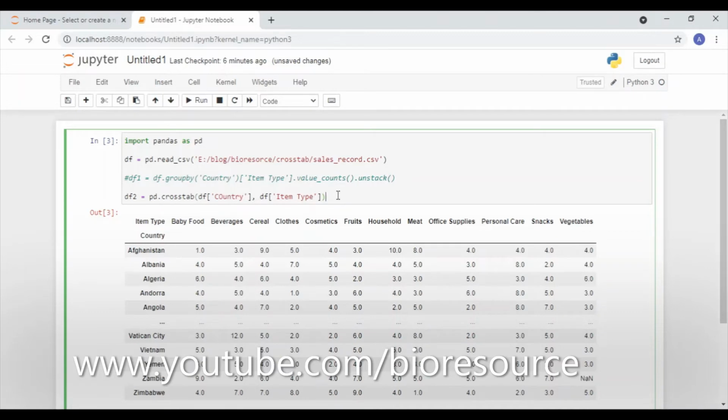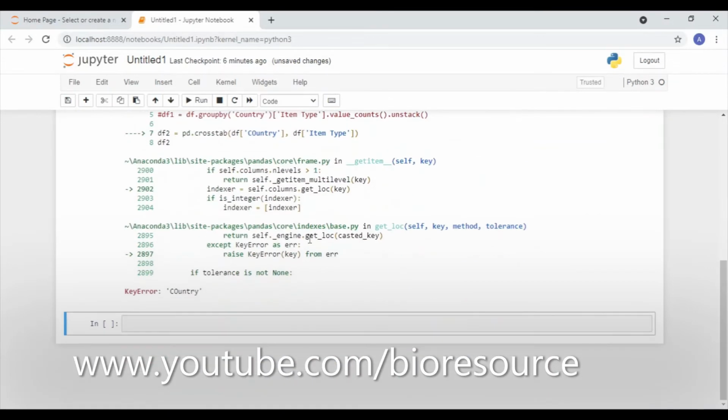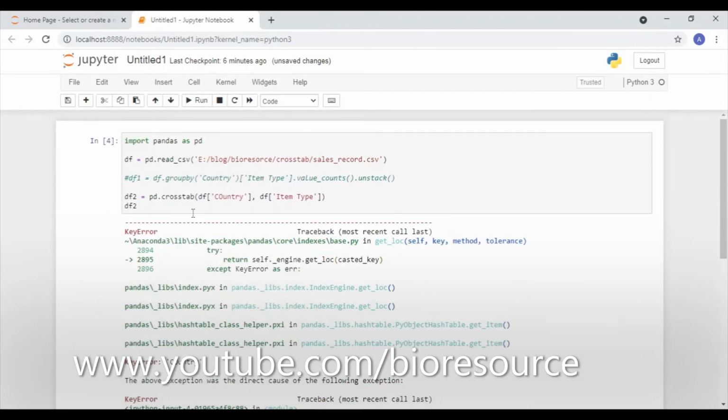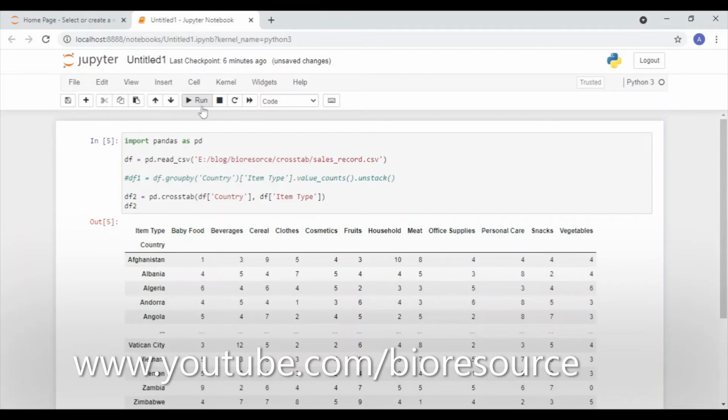Now if you run this, there is one error. So the country should be CO. Yes. So now we have the same data using cross tab function.